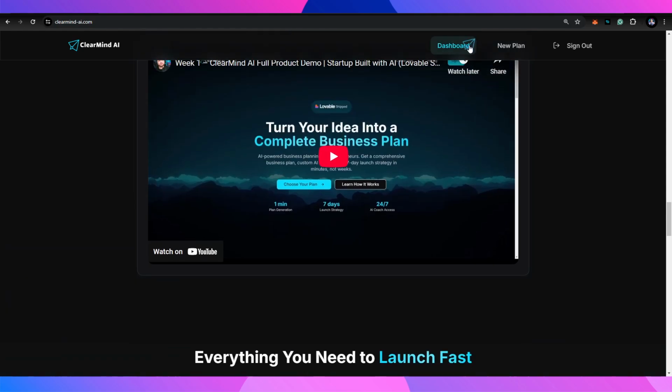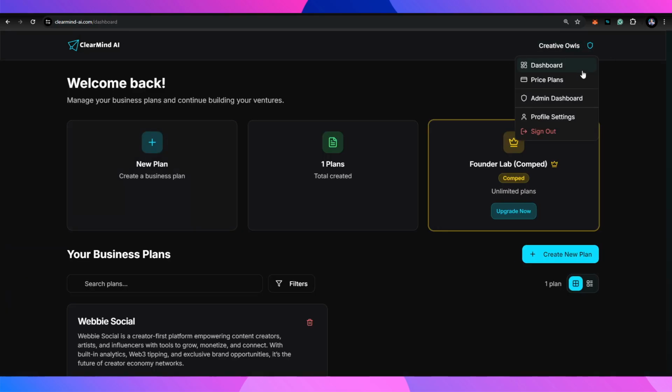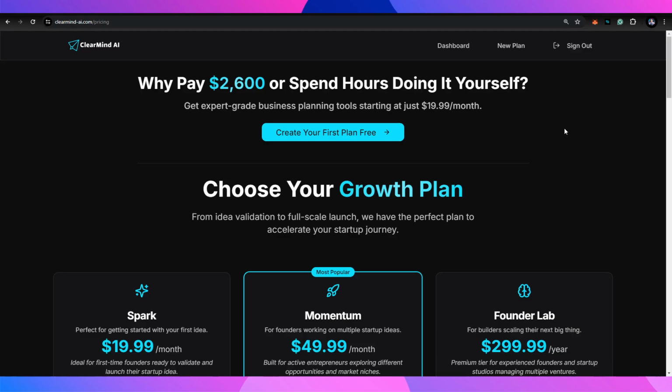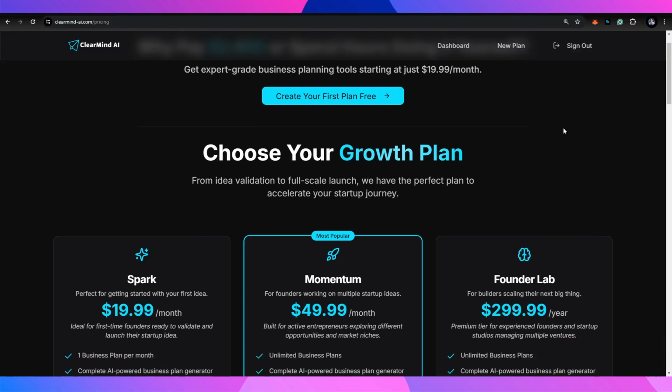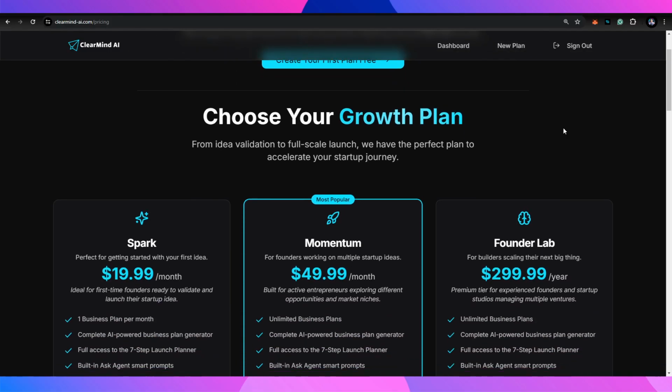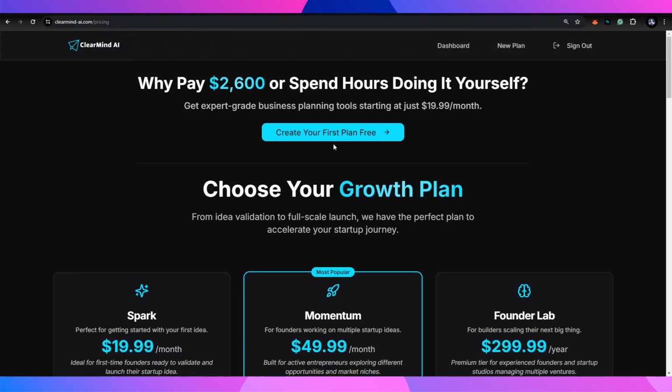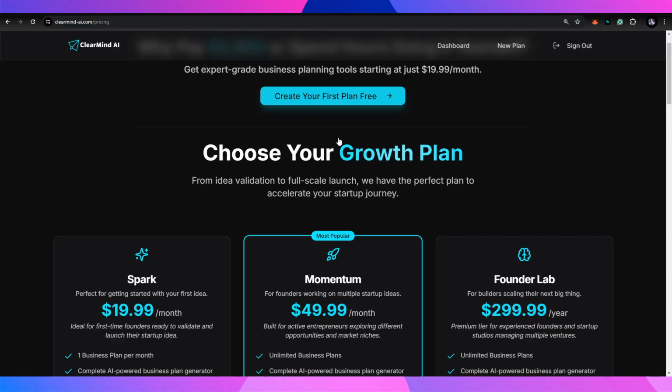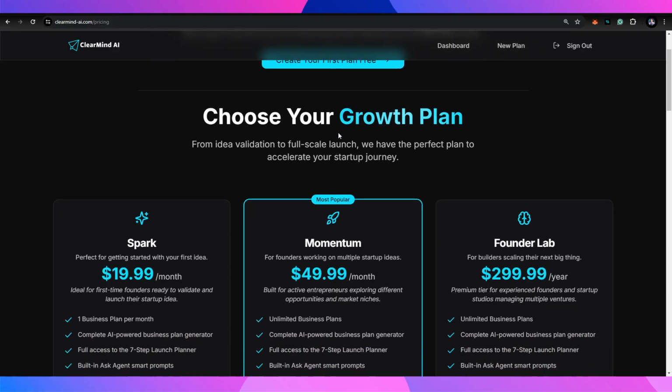One of the things that we did work on was our pricing. We nailed this down based on the feedback and how things were going to work out. Now we're allowing users to create a free plan when they first sign up. Everybody that signs up is able to create a free plan. There are limitations around the AI, but you are able to generate a free plan and use Claude AI. So if you're listening, your goal is to create a plan today and test it out.